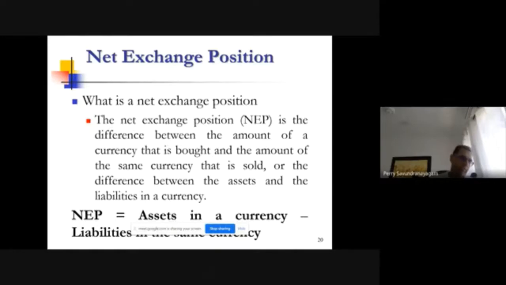Now, there is a difference between exchange and currency. Can somebody tell me, if I say I have US dollar funds, and if I say I have US dollar exchange, what is the difference in the two? What is the difference in me saying I have US dollar funds in my account and I have US dollar exchange in my account? What is exchange? What does exchange mean?